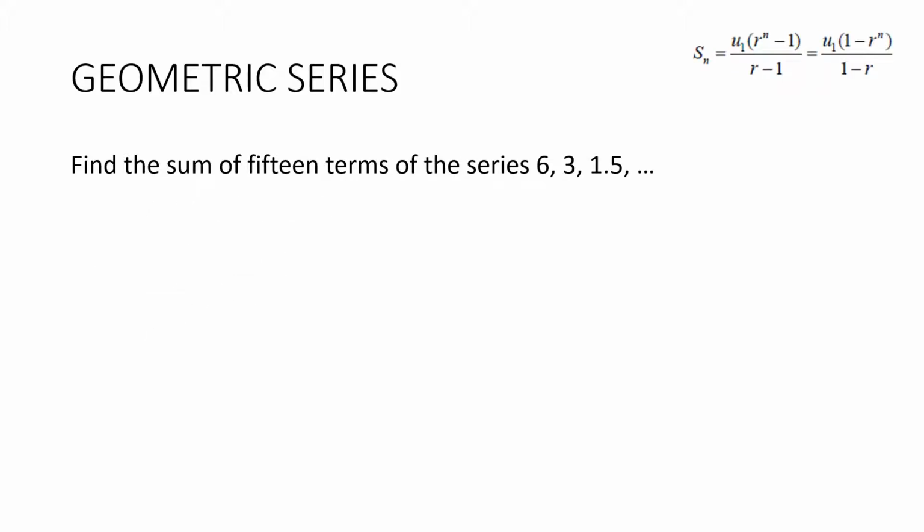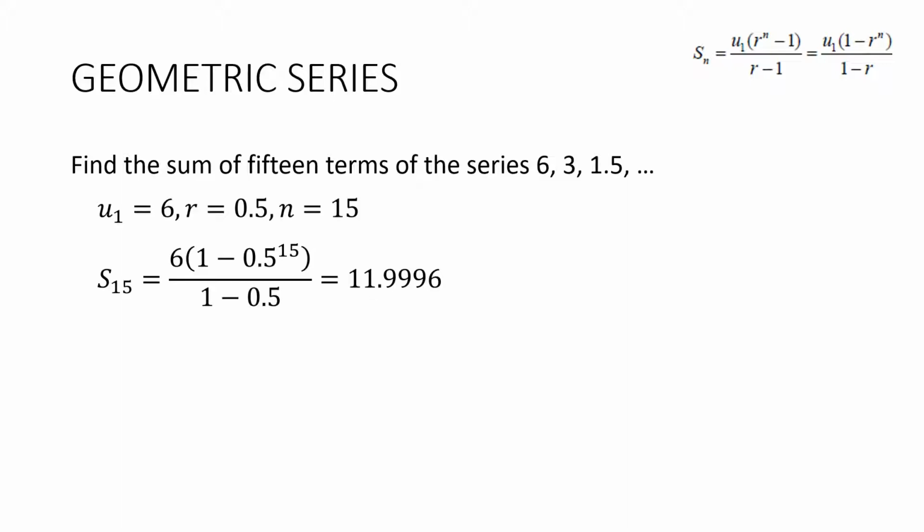Here's another example. Find the sum of 15 terms of the series 6, 3, 1.5. First term is 6. Common ratio, what's happening? It's being halved each time. If you get stuck on that, do this one divided by this one. 3 over 6 is a half, and n is 15. This time I'm going to use this formula with the r's at the end. First term, bracket, 1 minus 0.5 to the 15 over 1 minus 0.5. It gives us